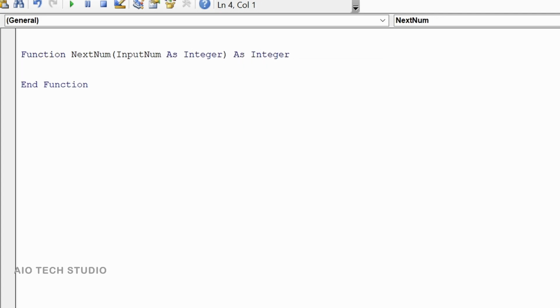This will automatically bring the End Function line. In between the Function and the End Function, we have to write all the statements and expressions.